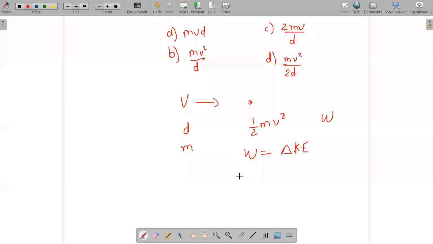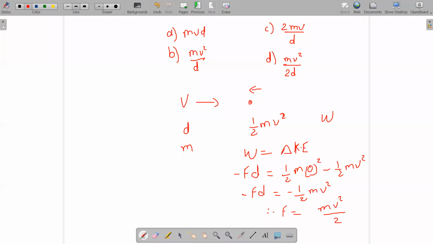Yeah, let us see. It says F into d, right? What you're saying is the force acting on the ball by the wicket keeper is in this direction, so we could say it is minus. Correct, what you said is correct. Force into displacement is equal to change in kinetic energy. Change in kinetic energy is final, half m v final square, which is zero, minus half m, the initial velocity square. So what we get is minus of Fd equals minus of mv square by 2d. Therefore, the force becomes m v square by 2d, right?